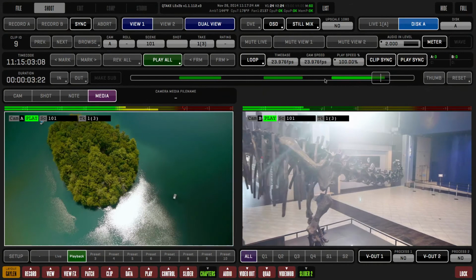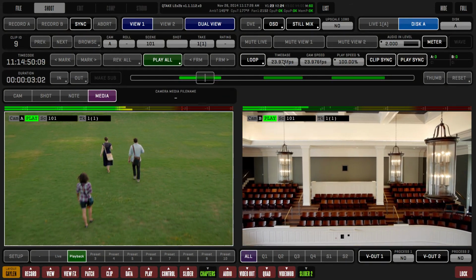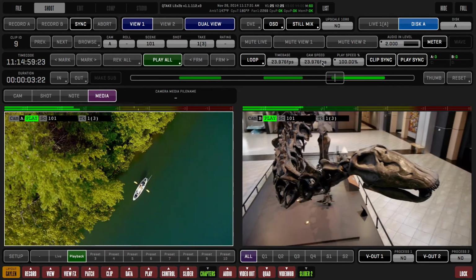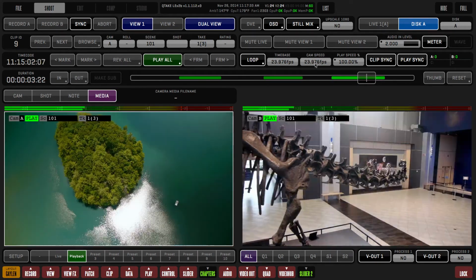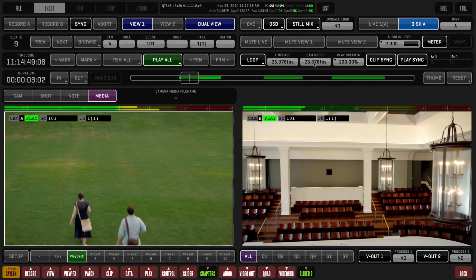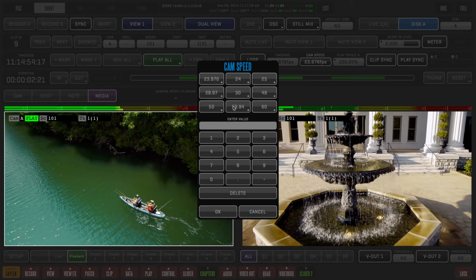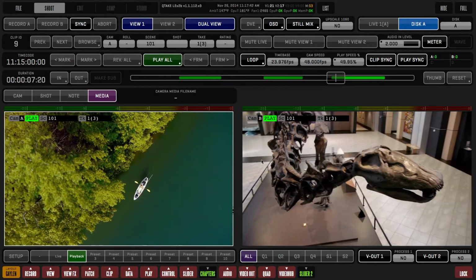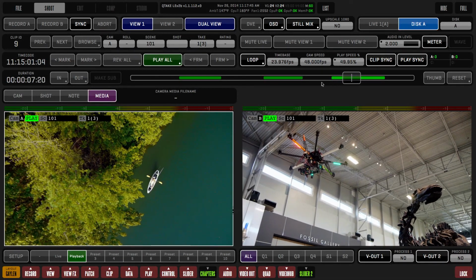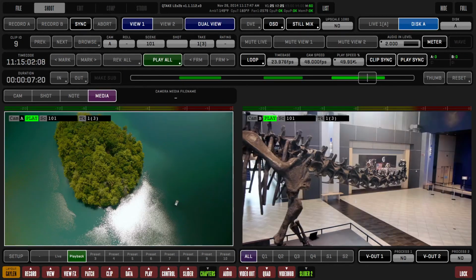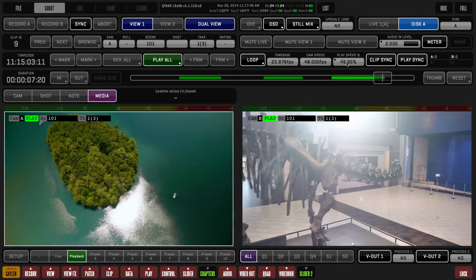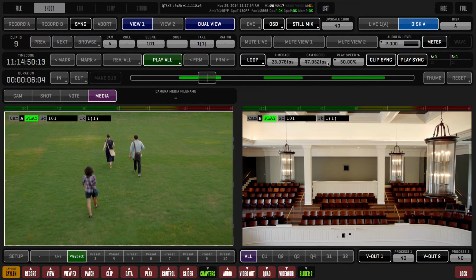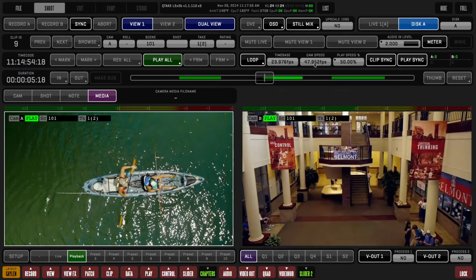The next piece of information here is your camera time base. The camera is set to 23.976, so the camera speed is set to 23.976 at 100%. So if I wanted to go at, say, 48 frames per second here, I could open this up, select 48 frames per second, and now it's playing at half speed slow motion. And that can be dialed into exact. If I want to put this exactly at 50% speed, then it's going to calculate this frame rate to 47.952